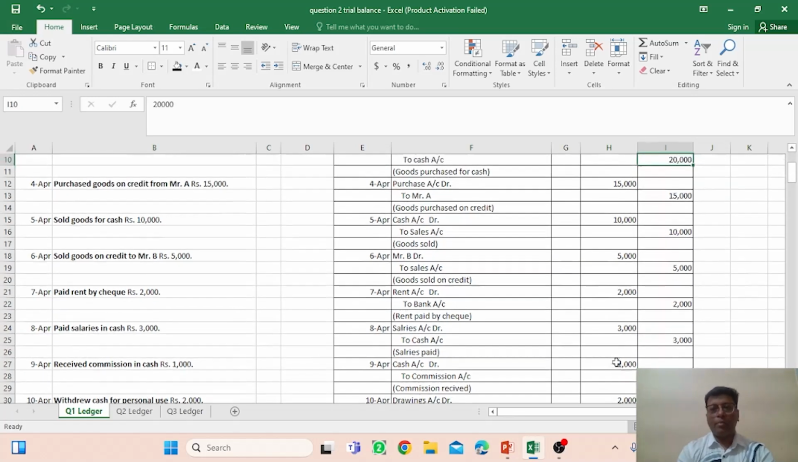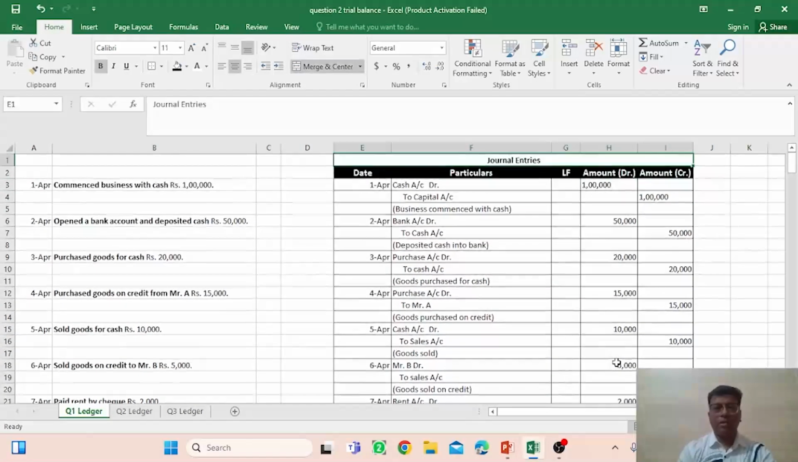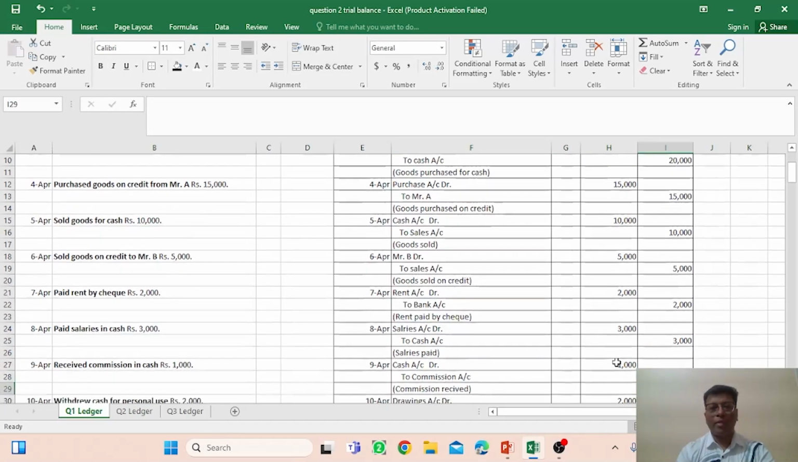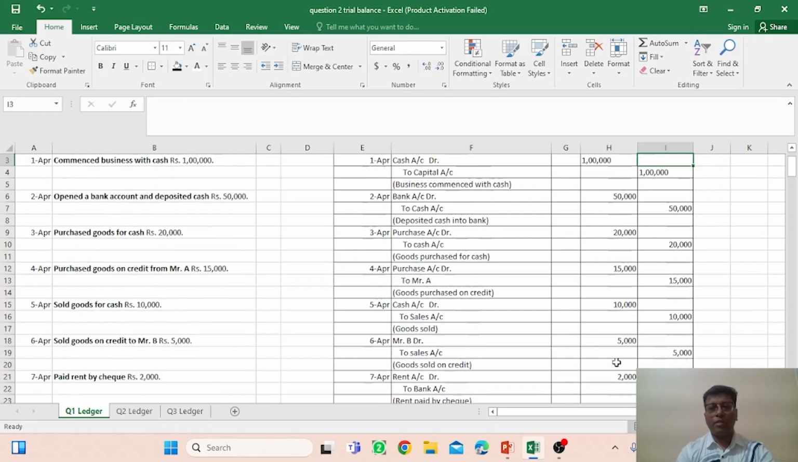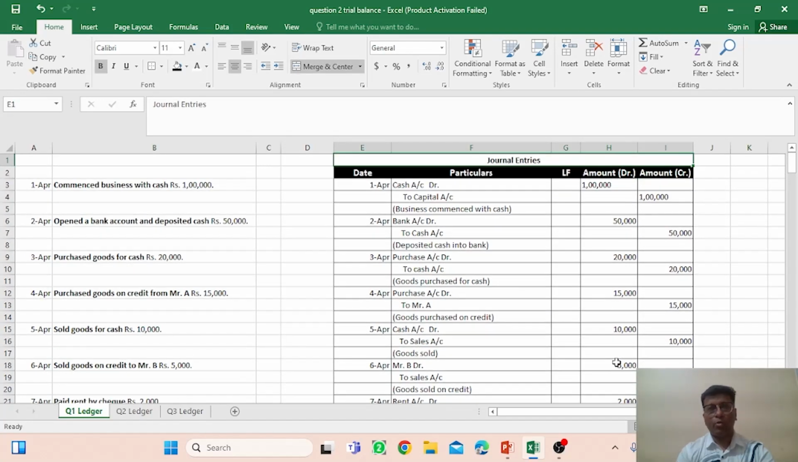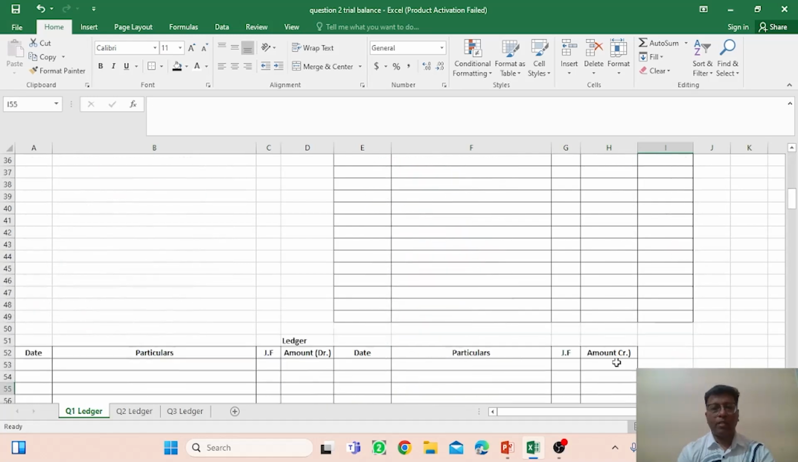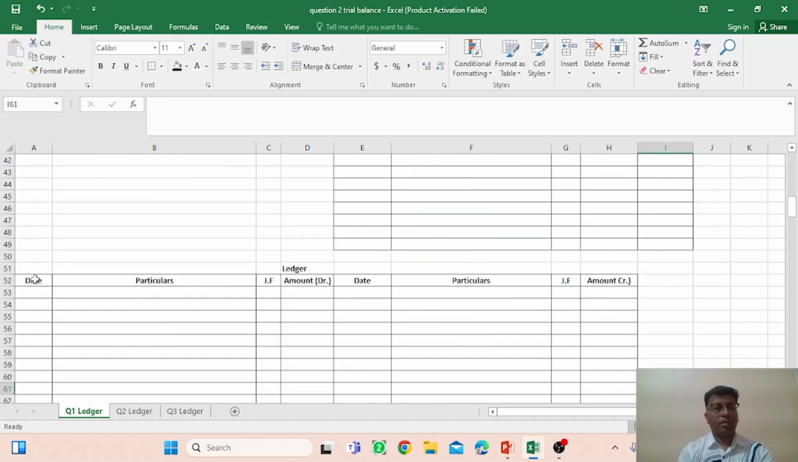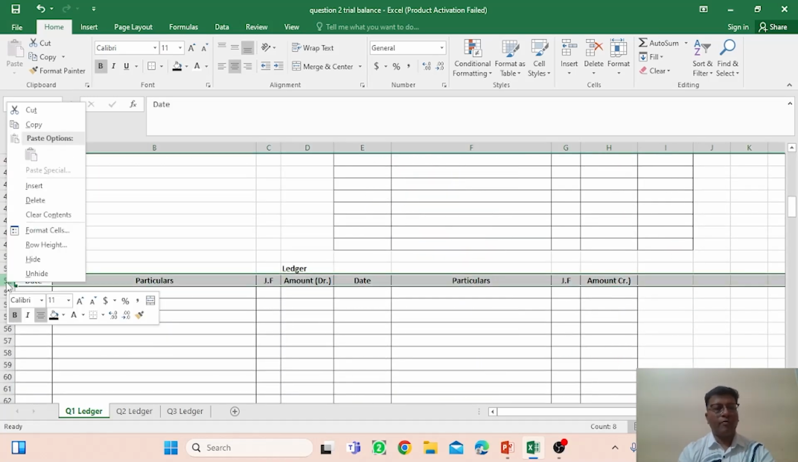So we are complete with the transactions entered in the journal. So general entries are there, right? And with the help of these general entries you have to maintain the ledger. So the very first thing is, when you are going to prepare the ledger, that you have to open all the accounts which are needed as per the general entries. So cash, capital, bank, purchase, right, and sales. So this is the ledger, and you have to open